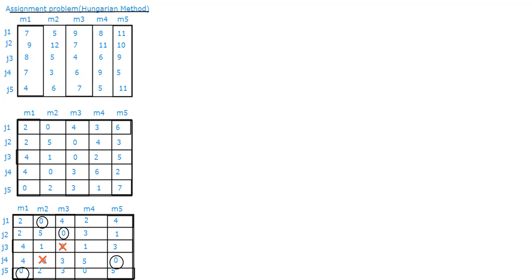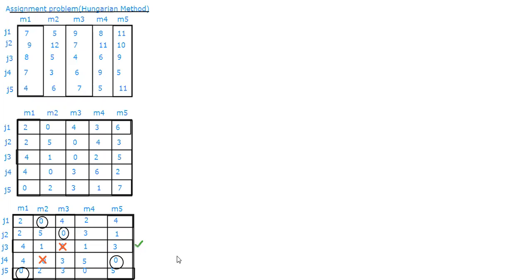So these are done. Now once these things are done, what are we going to do? The steps I gave, please read out those steps. He said, mark the row which has no assignment at all. Mark the row. I'm going to check in this horizontal format. First one is assigned, second one is assigned, third one is not assigned, remember. Fourth is again assigned, and fifth one is also assigned. So third is the one which has not been assigned. He said mark that which has not been assigned, so I'm marking like this.